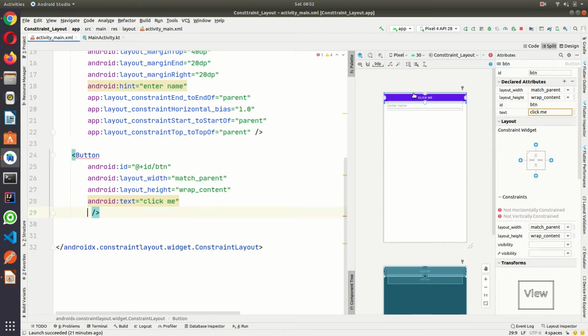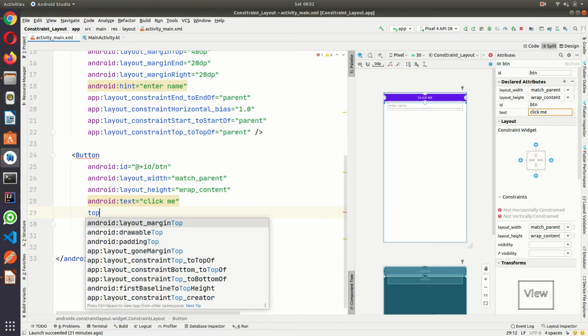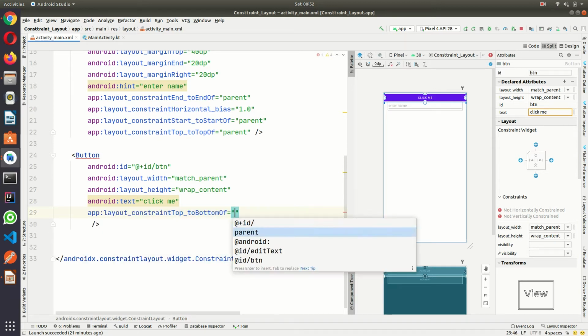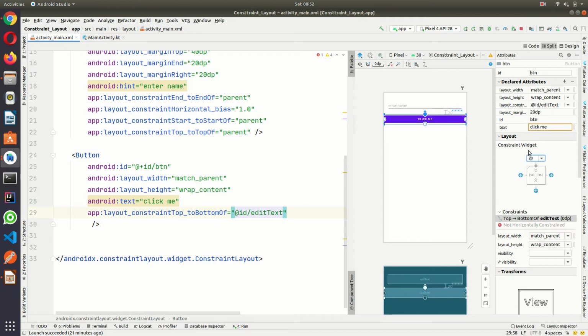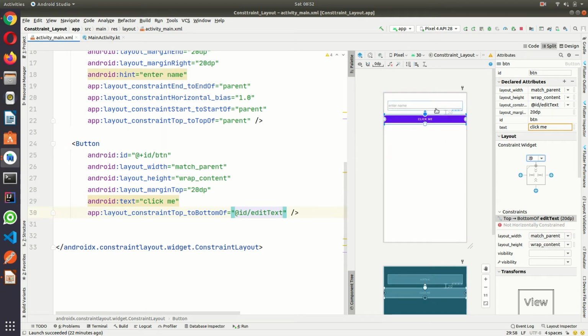So currently it is top of that, and here no constraint is applied. So I wanted to apply manually top to bottom, constraint top to bottom of, I'm giving the ID. So it came to the bottom. I'll just apply the 20 margin, so it's 20.